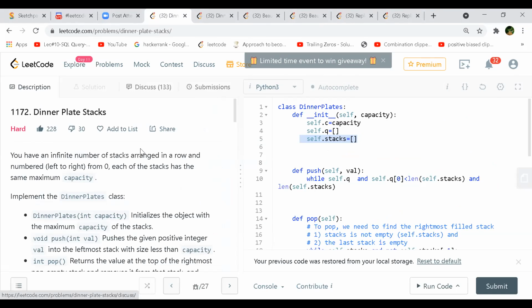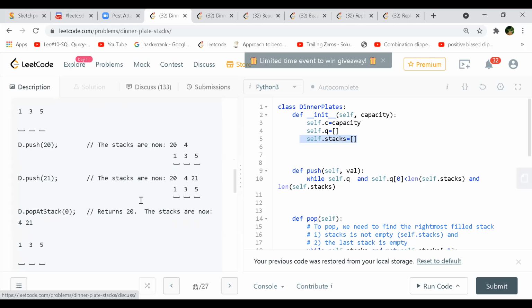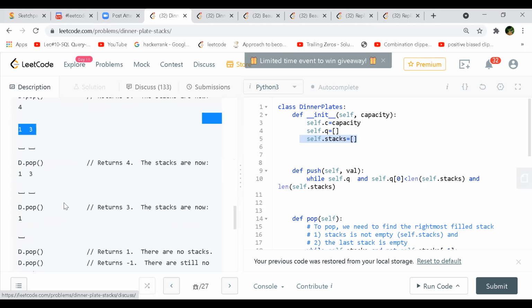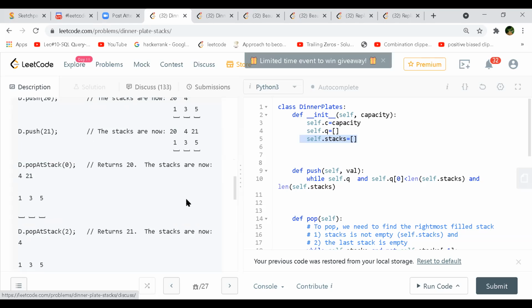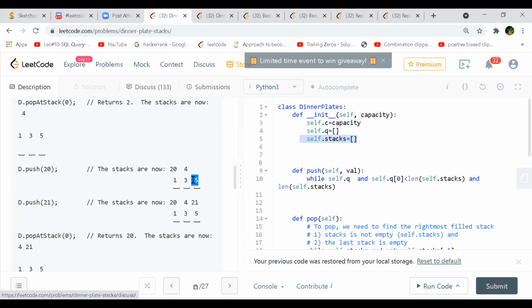So in real time, when this is popping, which element will you pop first? If you have to pop it, then you go from right to left. If they are not mentioned, then you go from the rightmost stack's top element. That is the rule of the stack, right? You'll always pop from the top. Then we have this pop at index also.